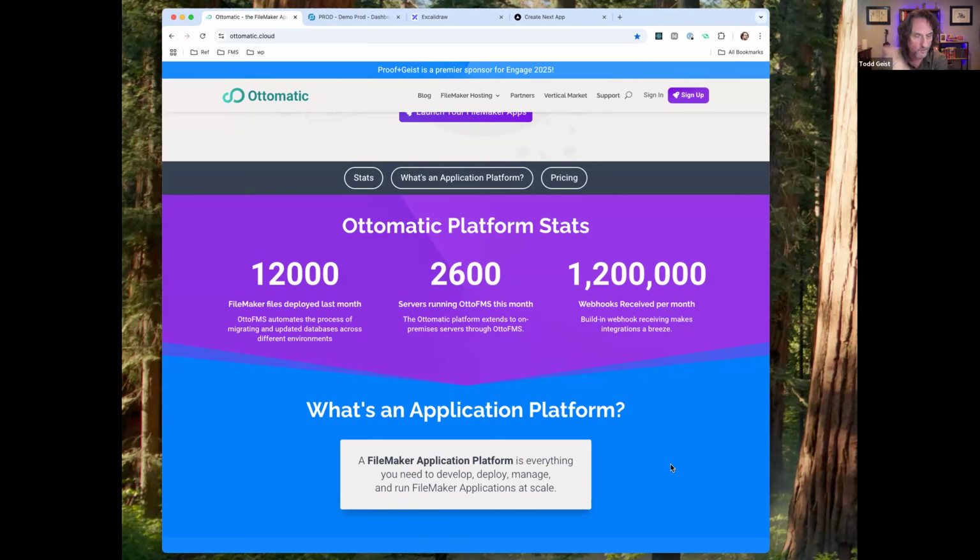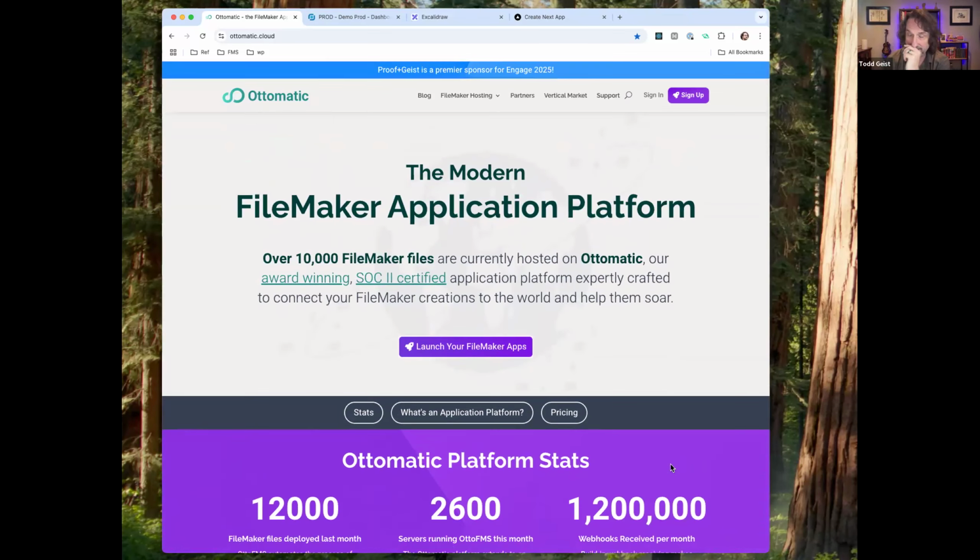So I do want to tell you, before we get into Auto FMS, about the thing that we actually make money on, because almost everything that I'm going to tell you, after I get done with about these 2 or 3 minutes here, everything that we're going to show for the rest of the presentation is completely free. So you don't need to pay us anything to use really anything that we're about to show you, unless you want to actually spin up a server in the cloud.